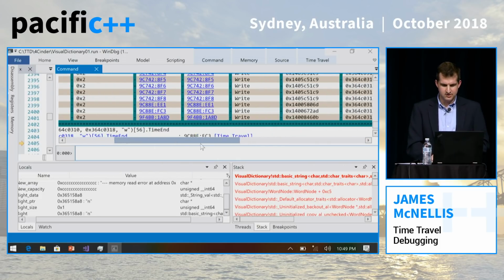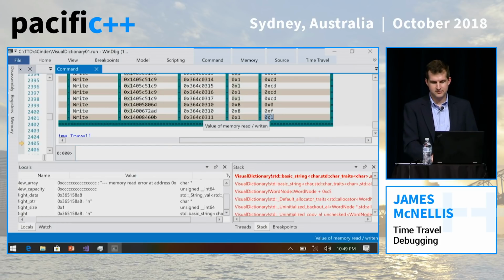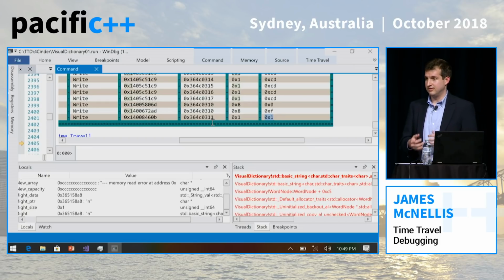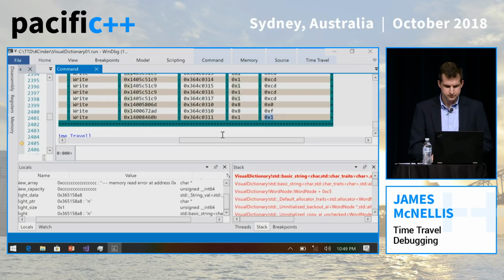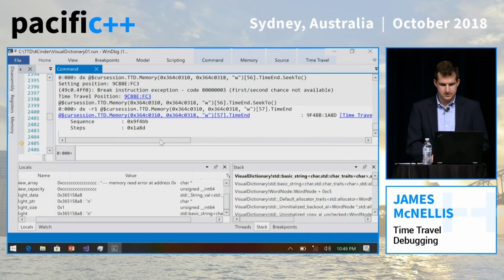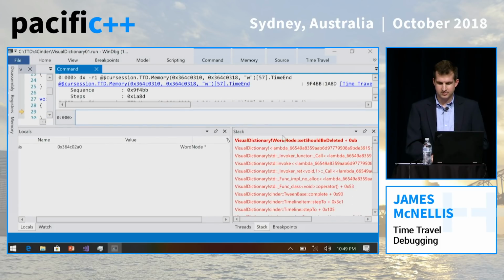But then the next thing that I notice is this last write. It's a single byte write. You can see this is the size of the write, and this is the value that we're writing. So we're writing a 1. And we can see that the address that we're writing to isn't the 310, it's the 311. So it's 1 byte up. So if we time travel to that location, we expect to see the place, again, where we corrupted that value. And so if we time travel there, we can see, yes, that helped us find the set